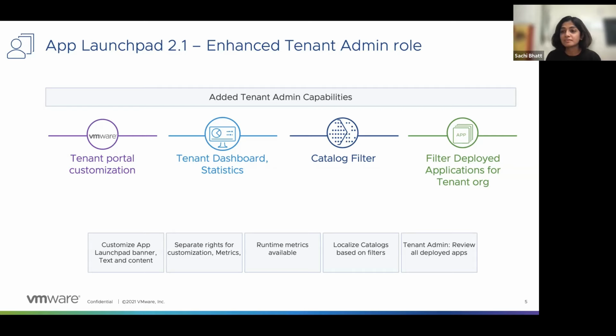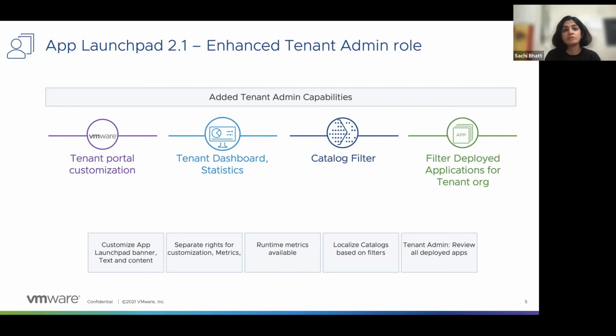And I guess then you could also, you got it next, right? Filter deployment applications by tenant org. So yeah, it's just like a whole load of filtering capability. But yeah, I really like the one about the catalog filter and being able to filter by region. That's really handy. Yeah. So it's just one filter, but it adds a lot of power to end user to decide where you want to deploy your application to.